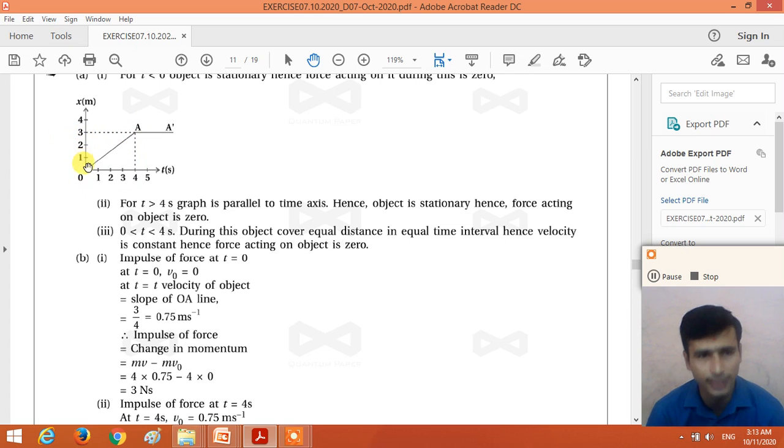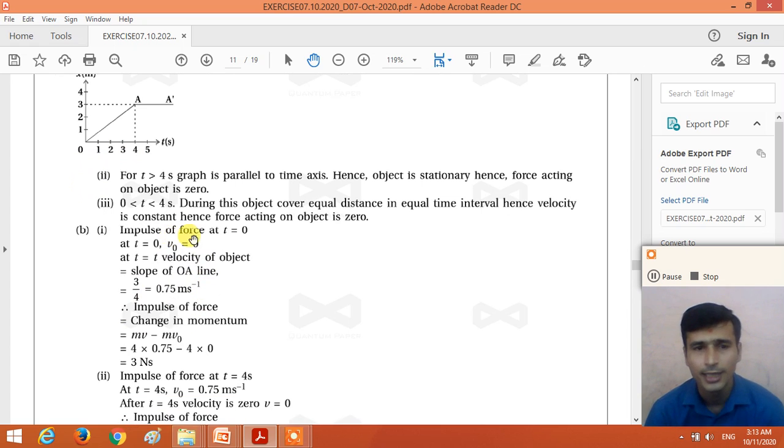We get 3 divided by the x coordinate, which is 4 minus 0, so 4. So the velocity of the object at time t equal to 3 seconds is 3 by 4, which is 0.75 meter per second. Now, change in the linear momentum. Initial momentum is 0. So change in the momentum is equal to final momentum m into v minus initial momentum